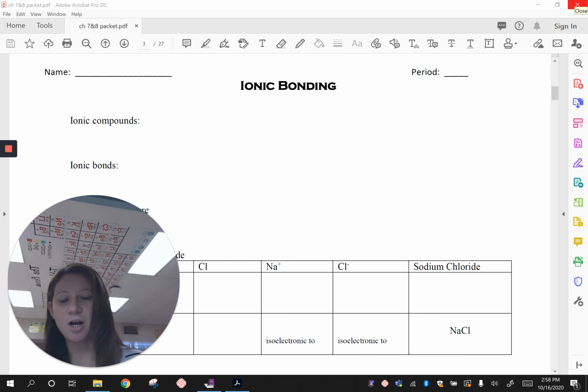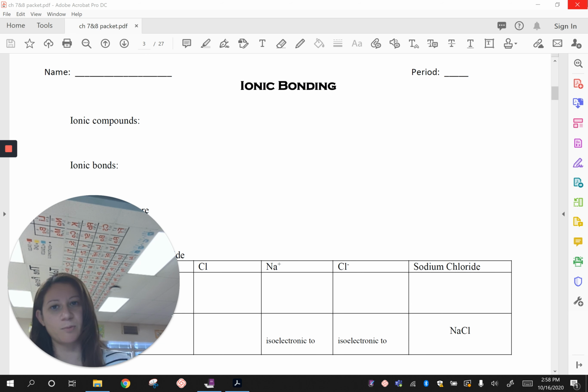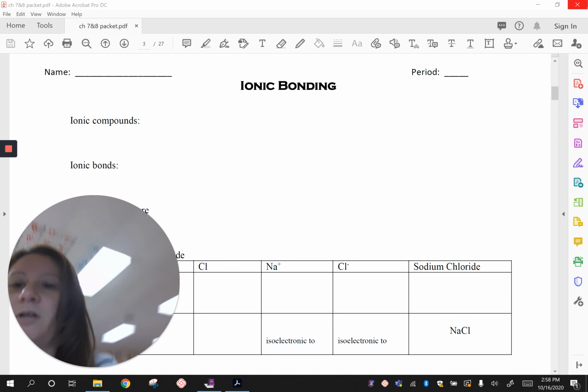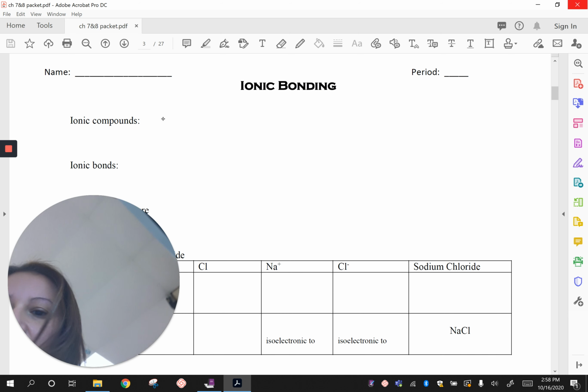Hello. So we're going to talk about ionic bonding today. Ionic bonding occurs between metals and nonmetals. As you remember, metals tend to lose electrons when they bond. Nonmetals tend to gain electrons when they bond. So they give and take electrons to each other. So ionic bonding occurs between